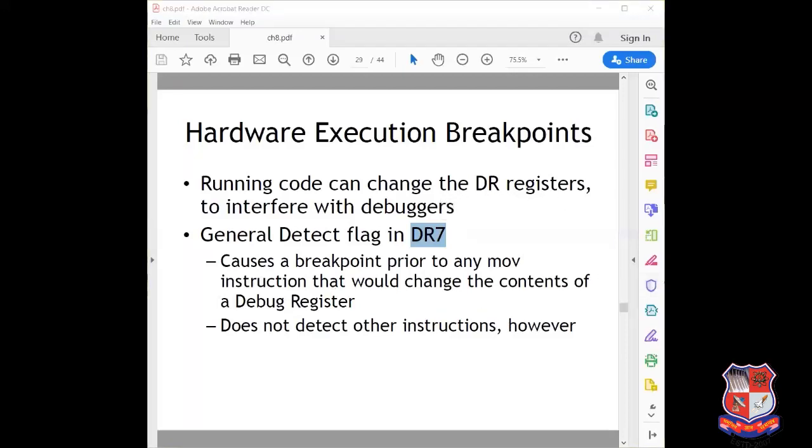With this general detect flag, we can trigger a breakpoint to occur prior to executing any instruction, like the MOV instruction, that is accessing a debug register. This will allow us to detect when our debug register is changed. So this is a kind of flag that will detect the change and alert us.